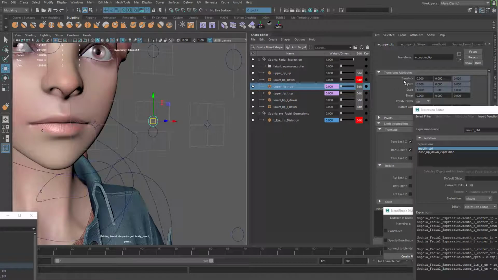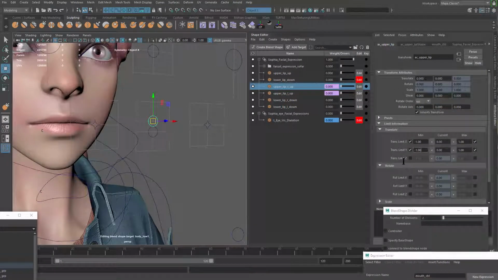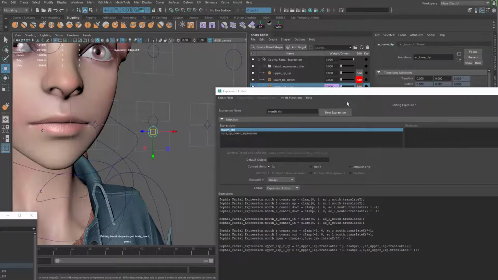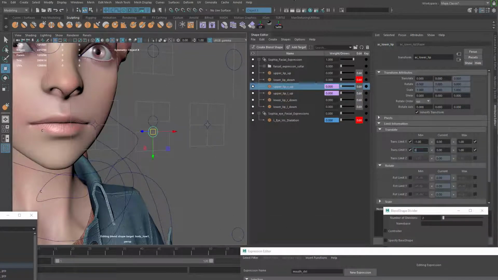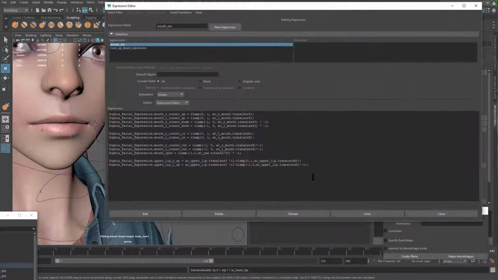That's because my controller still have that limit transformation from -1 to 0. I'm just going to change that to 0. Let me just do the same thing for my other guy at the bottom. And for the other guy to work, I just need to copy my code and paste it here. Then the thing I have to change is